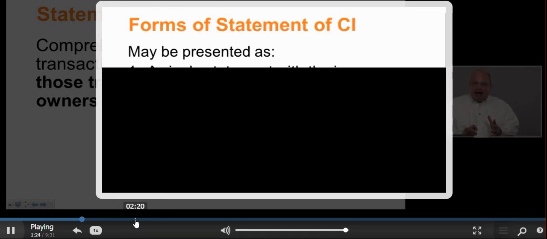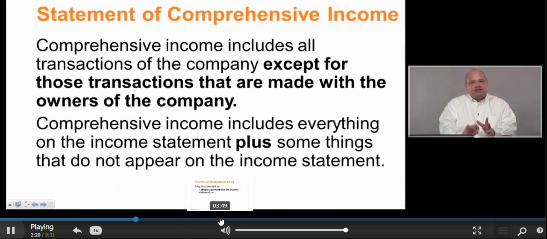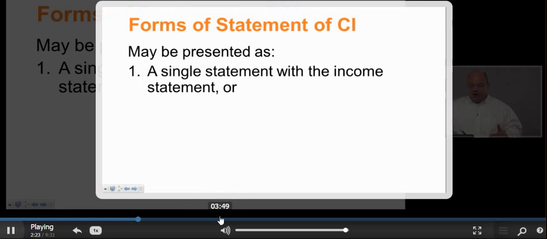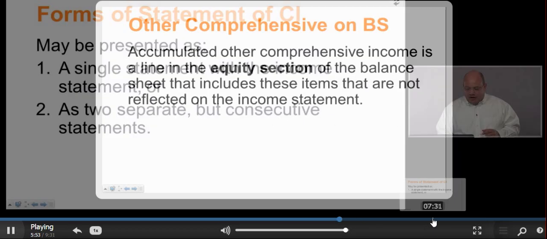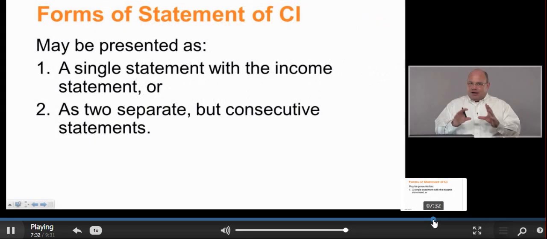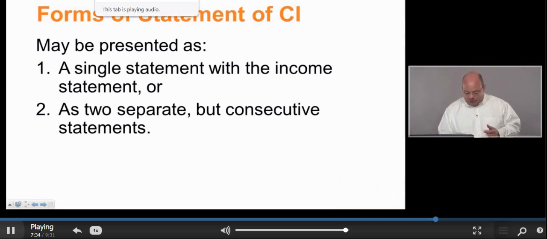some items that do not appear on the income statement because that is what the single statement with the income statement, or as two separate but consecutive statements, in which case we're just kind of drawing a line, we're breaking a little bit between statement of comprehensive income, that is other comprehensive income items. Now, with pension or other post-retirement benefits. Prior